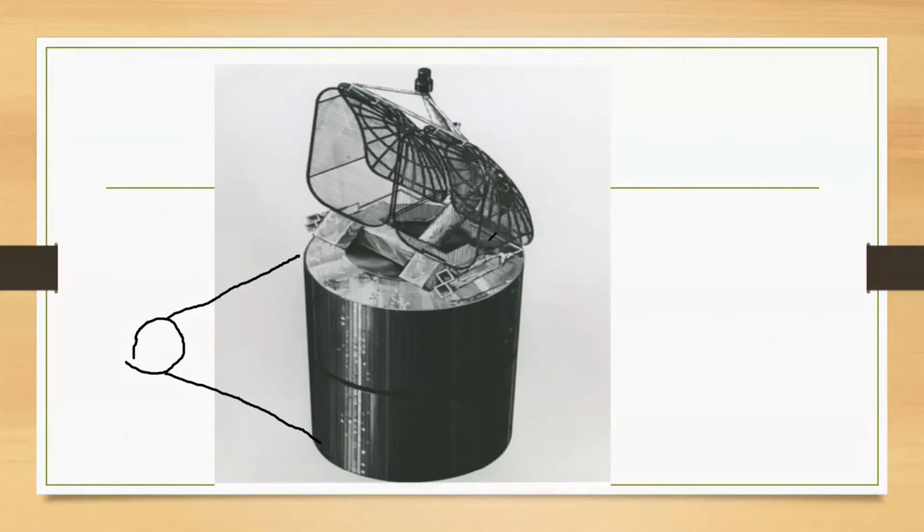This is the cylindrical or circular, or even if I call it spherical, the panels are still on the surface. Now, what did I tell you? When the satellite is revolving in its orbit around the earth, it is not only revolving but also spinning. Just like the earth has rotation as well as revolution, the same is true for the satellite. It revolves around the earth and rotates on its axis. This is to stabilize it, otherwise it will be unstable. So this is a stabilization technique, which we call spin stabilization.